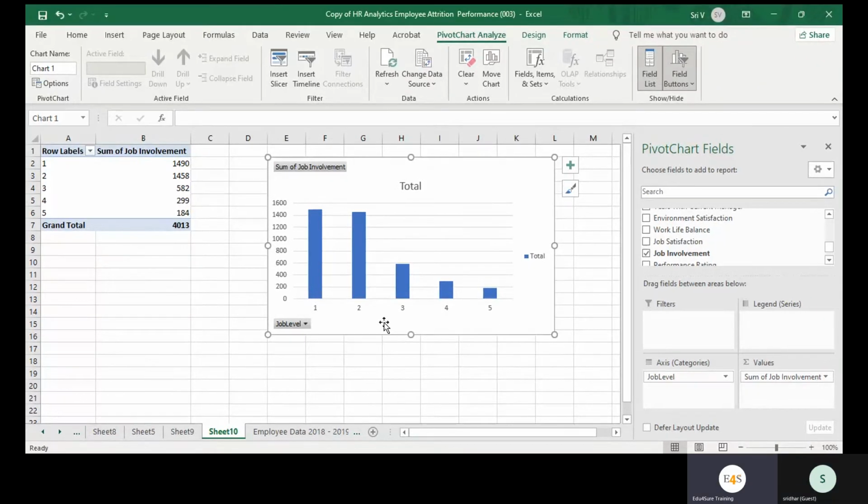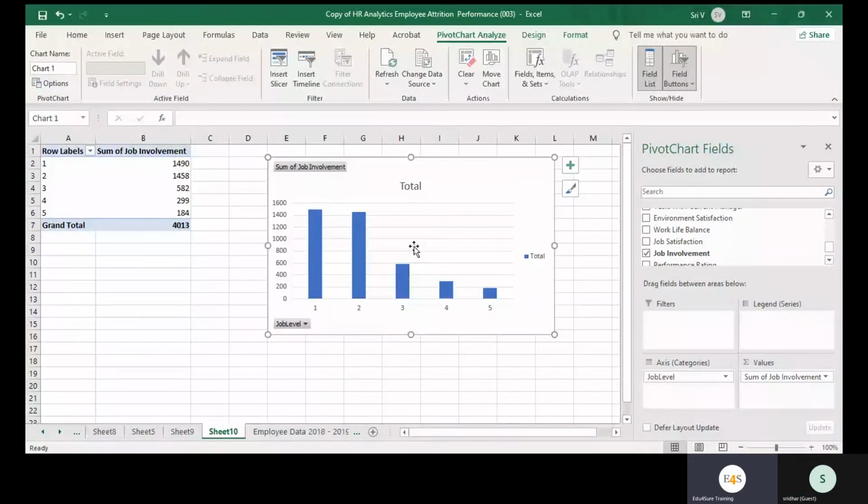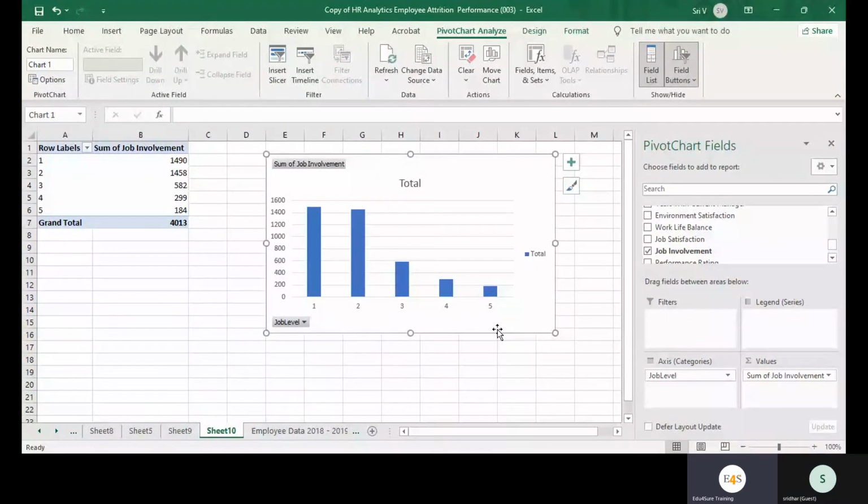So we really have to take the feedback from the higher end people about what is happening, because they are earning more salary than the lower levels. They are getting more responsibility and all that. Then why is the job involvement low? This is a kind of survey we conducted and got the data. So now we have to talk to them. Specifically, people at the 4 and 5 level, we have to speak with them. So this is the kind of insight we get when we are analyzing the data. Otherwise, we'll never get to know about these things.